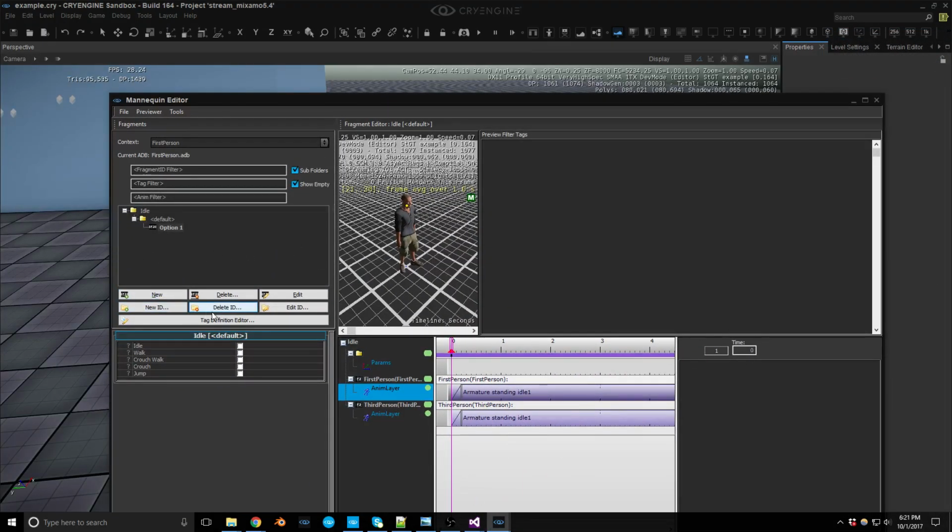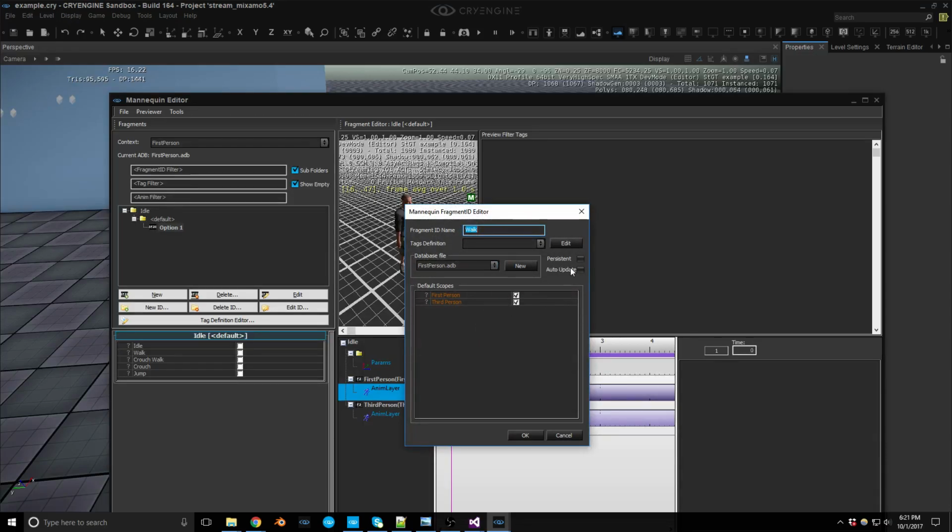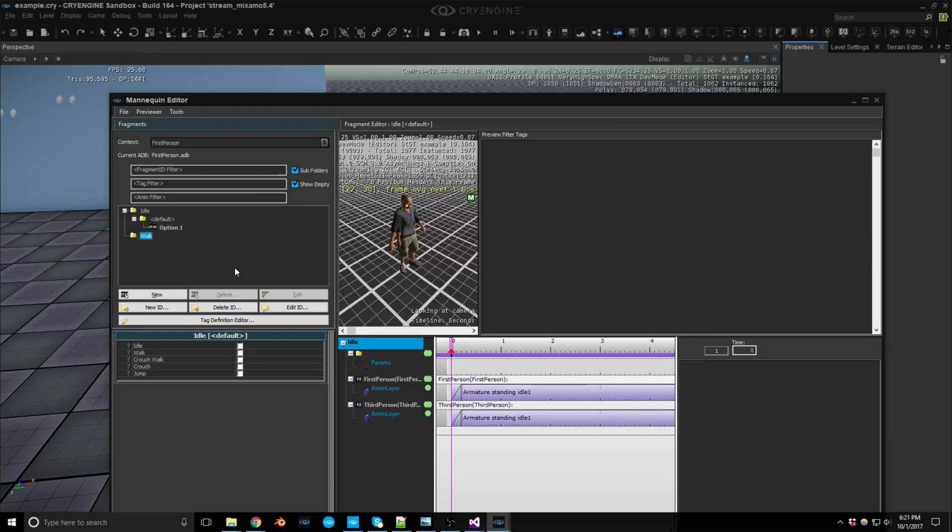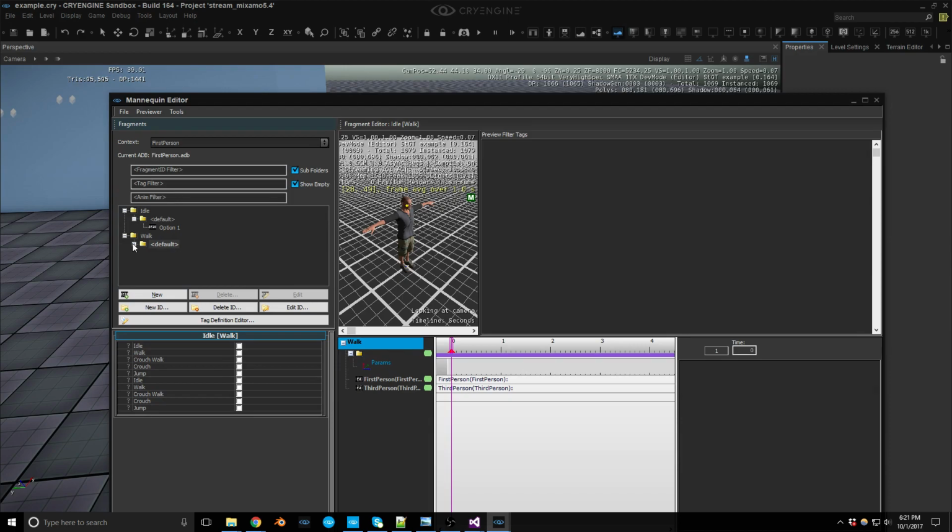So what we'll do is just do a new ID, and this is going to be called walk. And the tags definition is going to be player tags. Everything else I've kept as default. So we got walk. Let's add a new fragment entry. And this one,